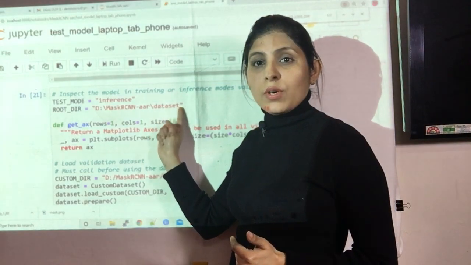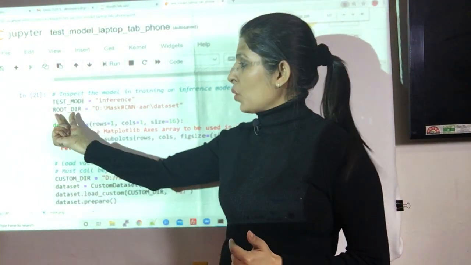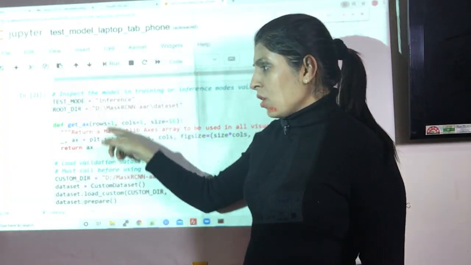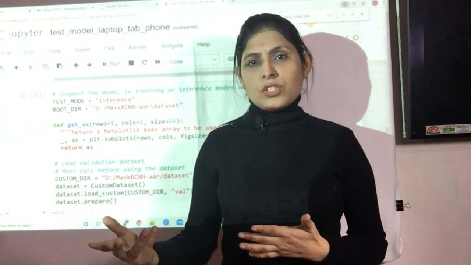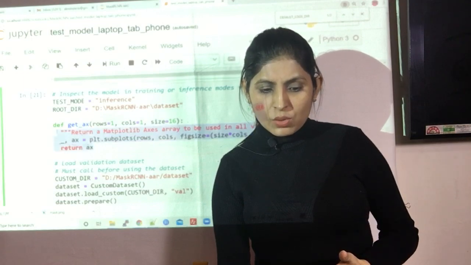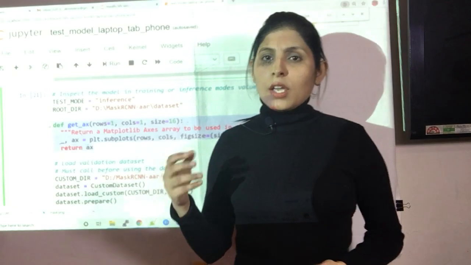Dataset is a folder name, so I have given the path till my dataset folder and I'm storing that path in the root directory. Then this particular function will help us with visualization. It is just a function with 2 lines only, which will help us display the result in Matplotlib.